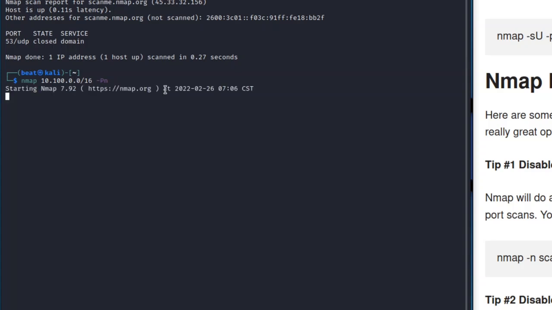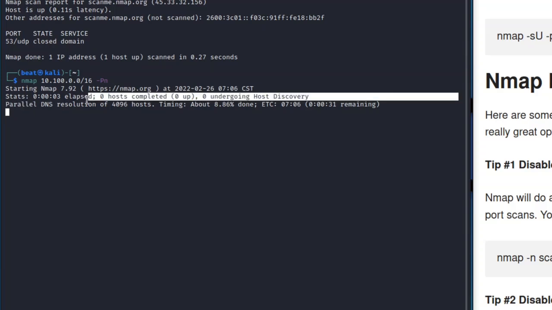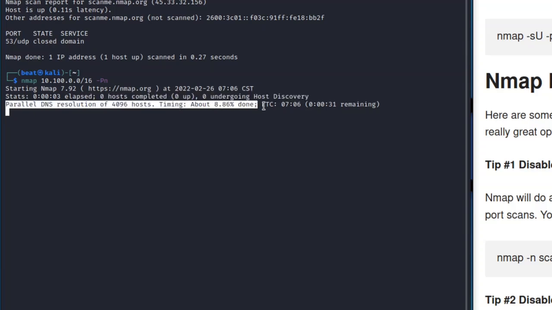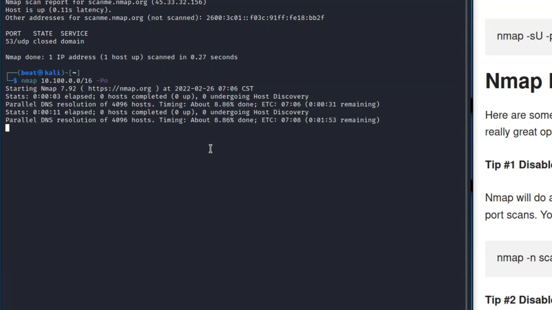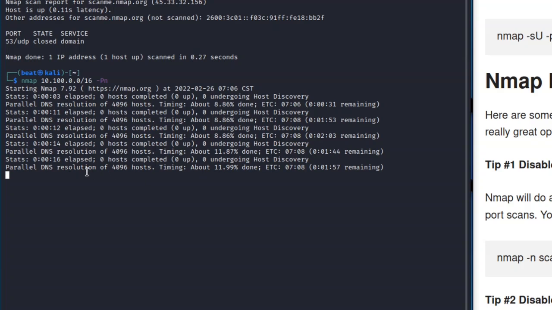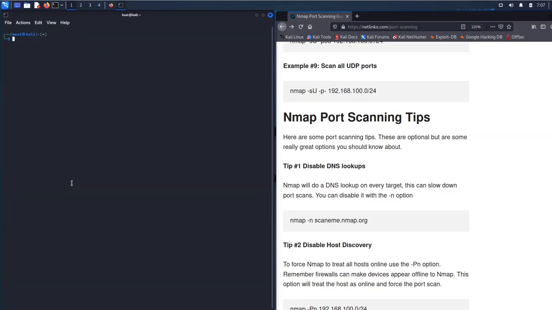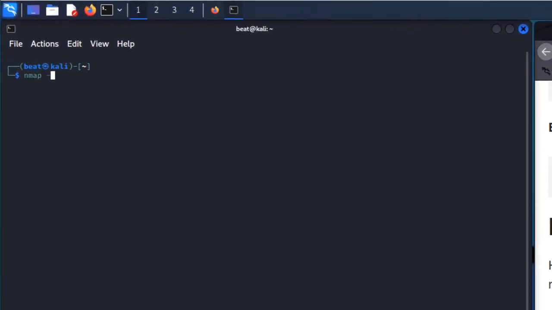So when I run this, you can hit the space bar to see the status. You can see right here, DNS resolution is in process, and it gives you the percent done. You can keep hitting space bar to see the progress. You can see it's kind of slow, so the DNS resolution is adding a lot of time to the scan. So you may want to turn off the DNS resolution. Just do -n. So if I ran that command, it would disable any DNS resolution, which will help speed up